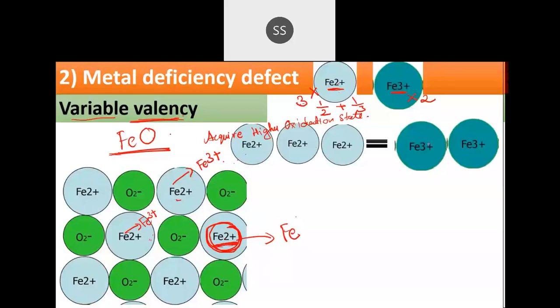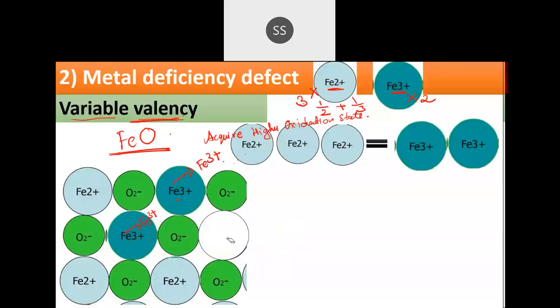This is one way I can tell you. If you remove 3 Fe2+, you can put 2 Fe3+ in that place, but one site will remain vacant. A void will be created over here. So in this case, there will be a greater number of oxygen ions and a lesser number of iron atoms. Iron atoms have become less and one void has been created. Overall, when you take the ratio, you will get Fe 0.95 O.